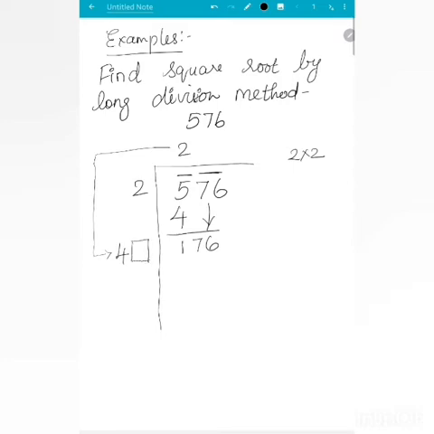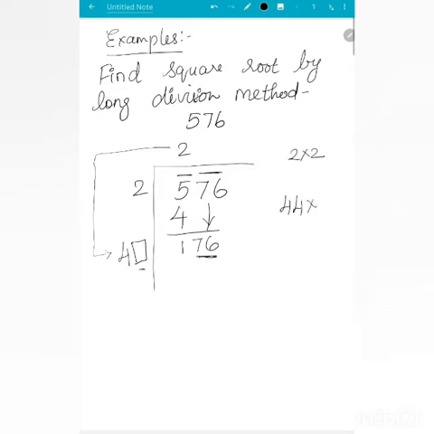I will give a short method. I hide this box. Then if I hide one number here, I take the two numbers. The one here is only 1. Is 1 divisible by 4? No, we can't take it. So 176 by which number will we get 176?